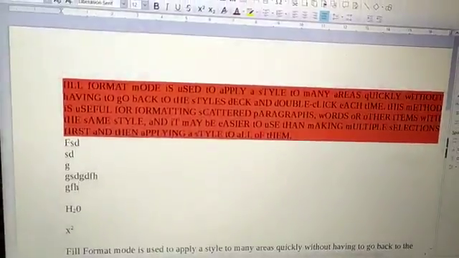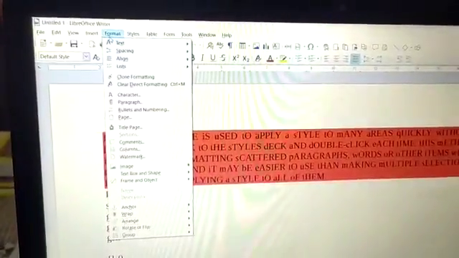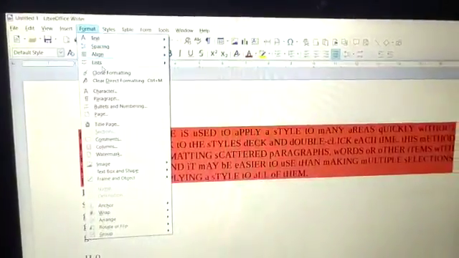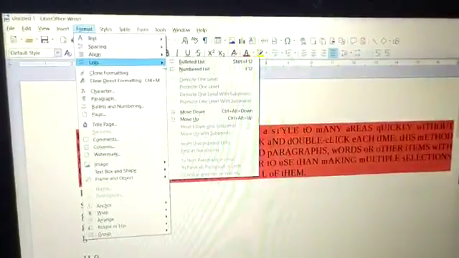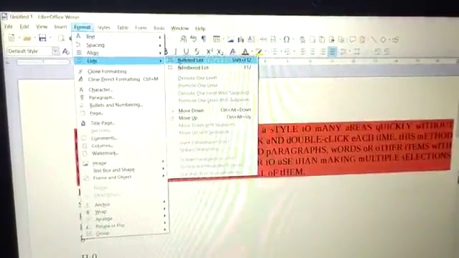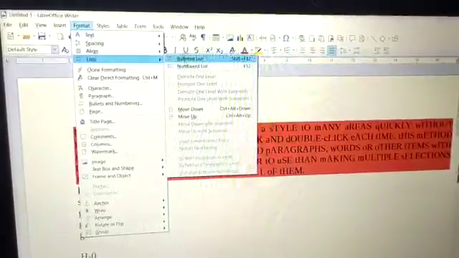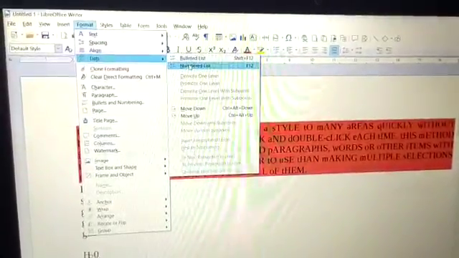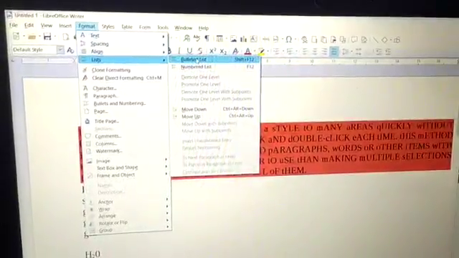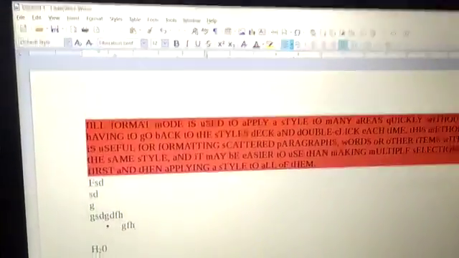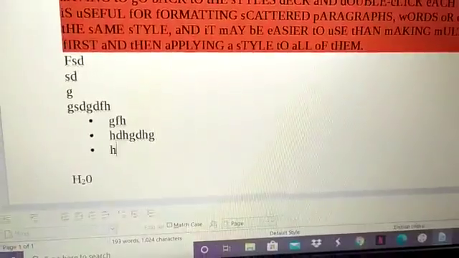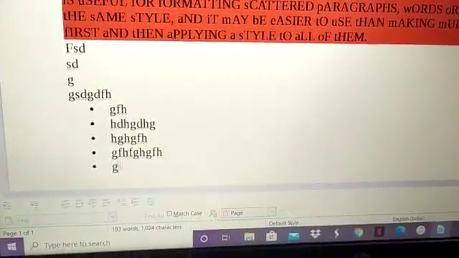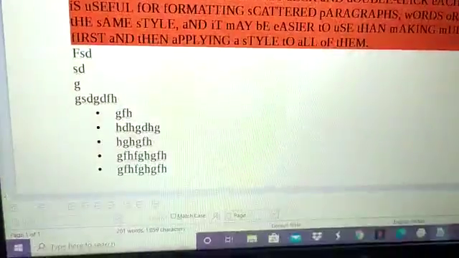Click on the format tab. There you will find the option list. Click on that. It will ask whether you need a bulleted list or a numbered list. Bulleted list means a points list, and numbered means there is counting, 1, 2, ABC. Suppose that I want to use a bulleted list. Then whatever I write, it will show in bulleted form like this. Clear?